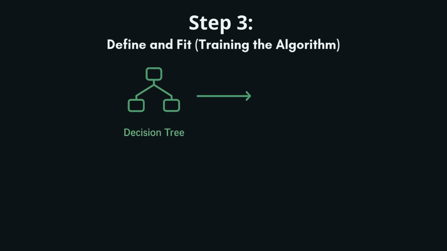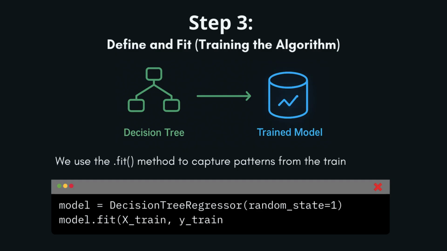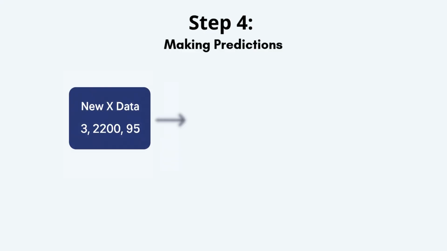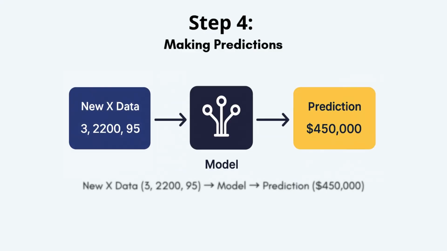Step 3 is the magic. We define the algorithm, here a decision tree, and use .fit to teach it the patterns found in the training data. Step 4, predictions. We feed the model our unseen test data, and it generates price estimates based on what